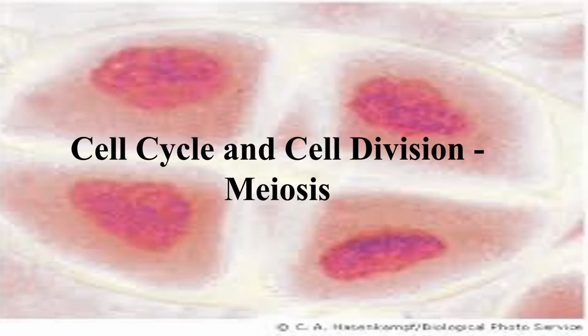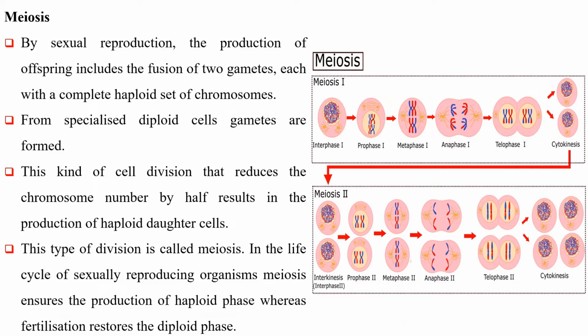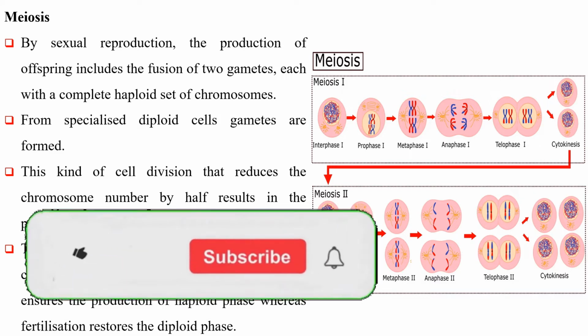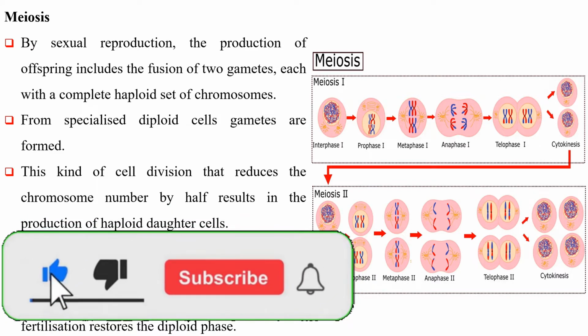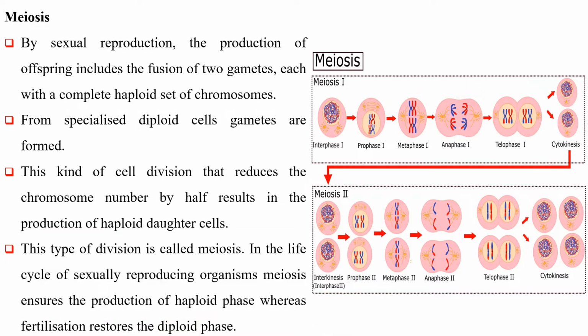Cell cycle and cell division. Meiosis. Meiosis. By sexual reproduction, the production of offspring includes the fusion of two gametes, each with a complete haploid set